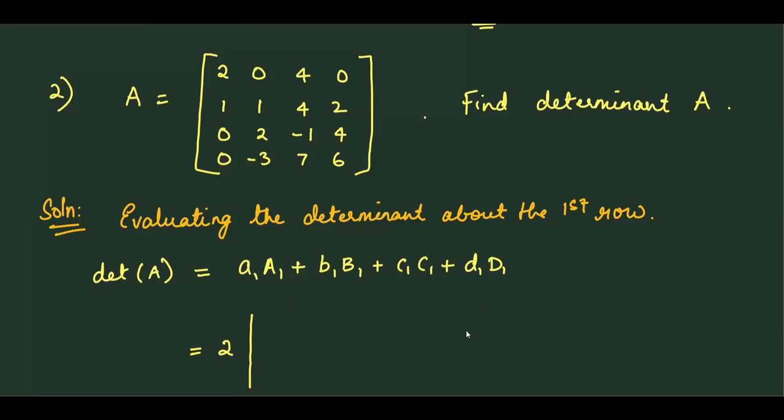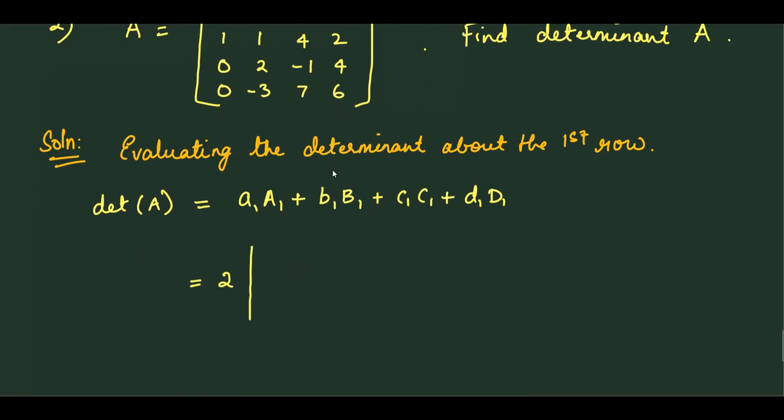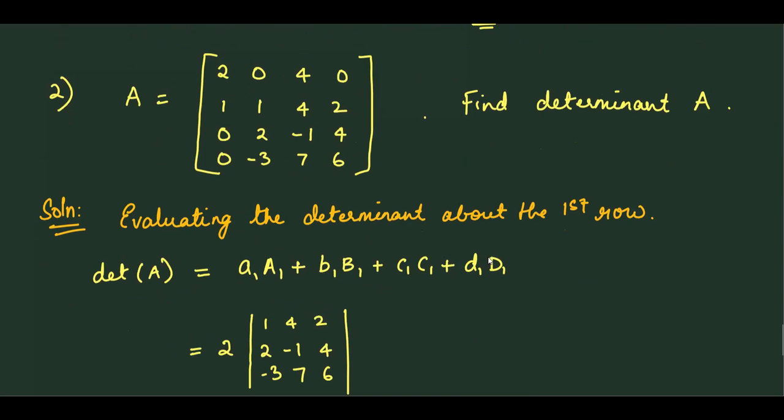The cofactor will be associated with a positive sign and the determinant of the remaining elements. Remove the first row, first column, and this we have evaluated as minus 108. Next, plus 0 times minus of, so remove the first row and the second column,